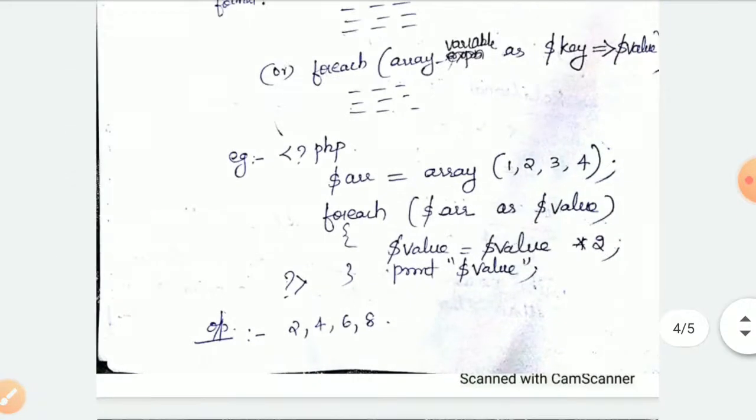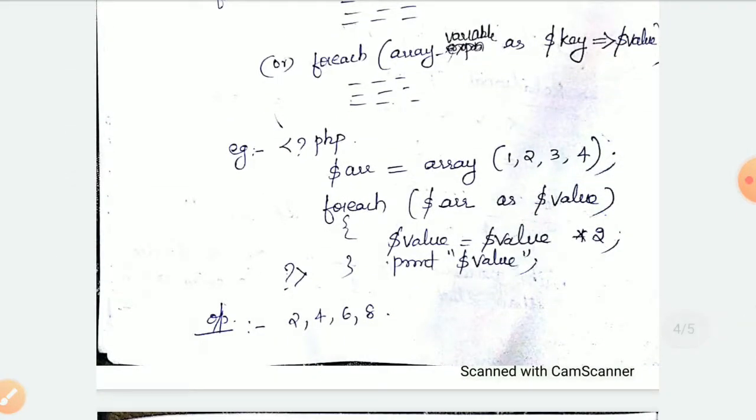For example, consider this example. Here $arr equals array of 1, 2, 3, 4. So we are creating an array containing 4 elements, 1, 2, 3, 4, and the array name is $arr. Then foreach $arr as $value. This foreach loop loops over the array, and each value of the current array element is assigned to $value.